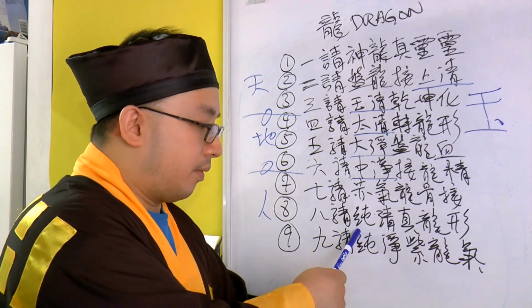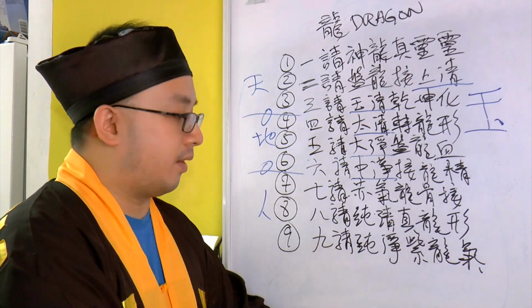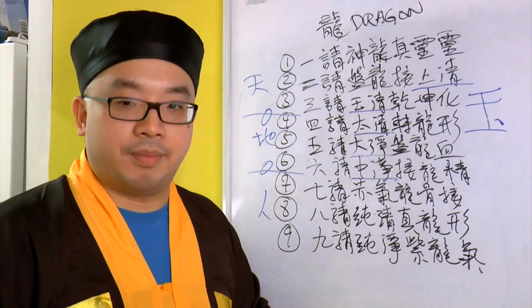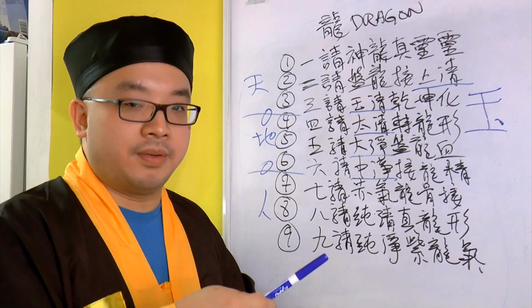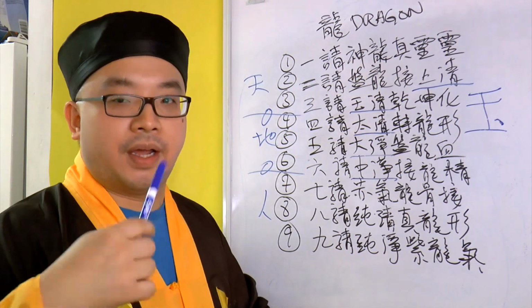Now, because this thing gives birth to the physical dragon, all the elements from before here have to be removed. It just keeps removing. Just like a human, when you are born, all the baby teeth, the baby hair, everything will be removed as you grow up.